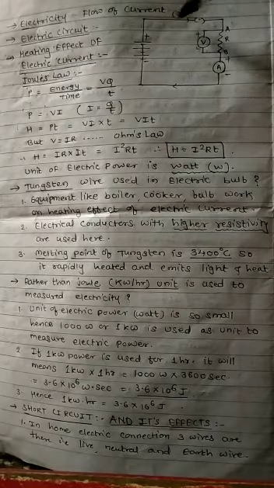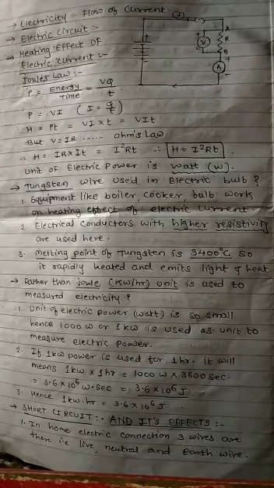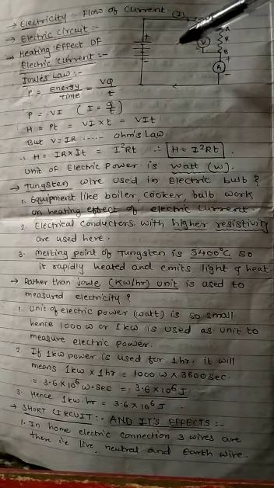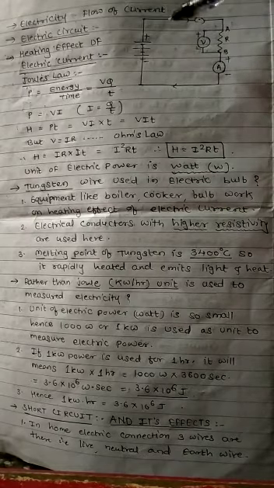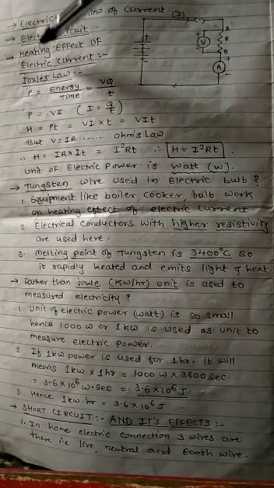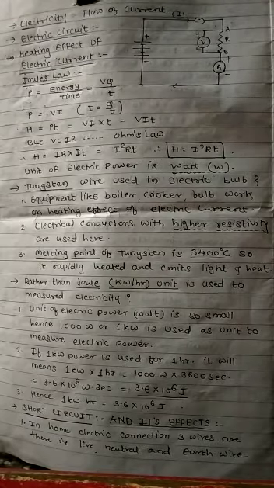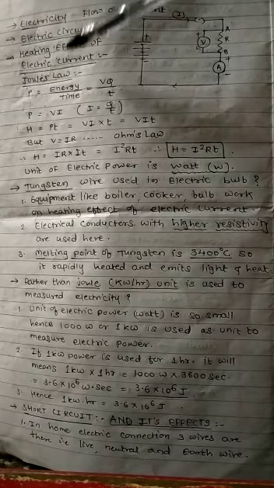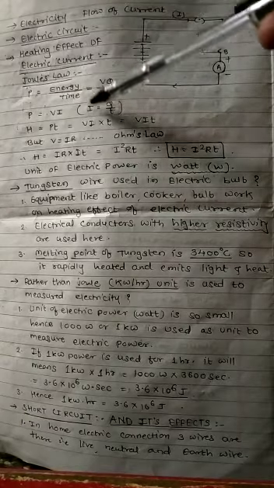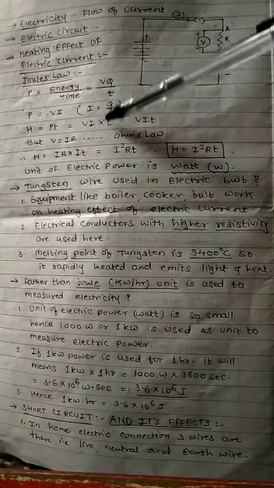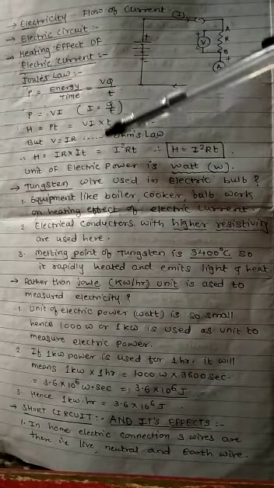Also, in that diagram we show the arrows. The arrow shows the direction of the electric current. So with this diagram we can study the flow of current, that is electricity. Next point is the heating effect of electric current. In that topic we learn about Joule's law, the derivation of Joule's law, and the formula of Joule's law.